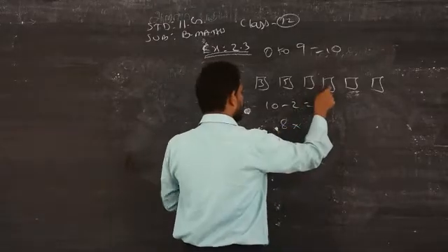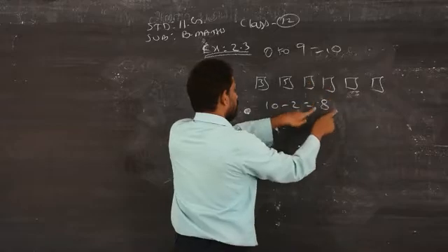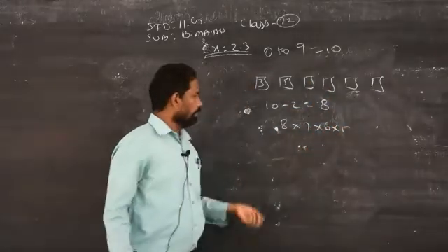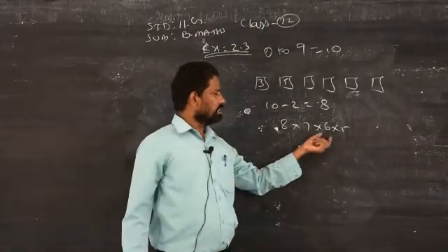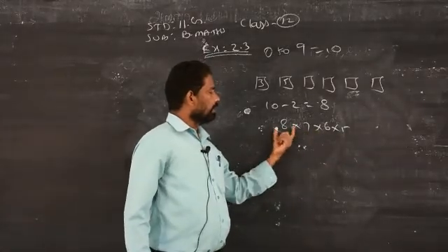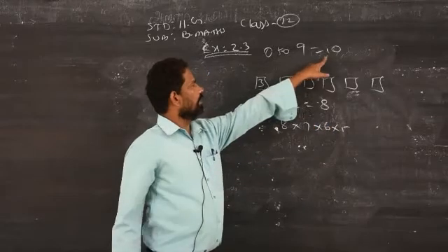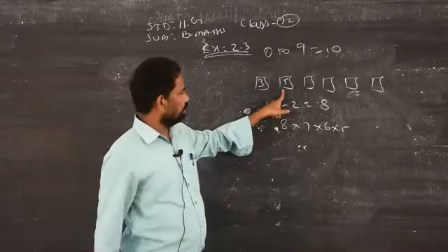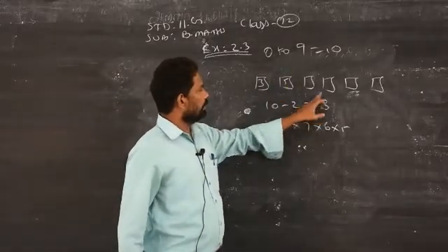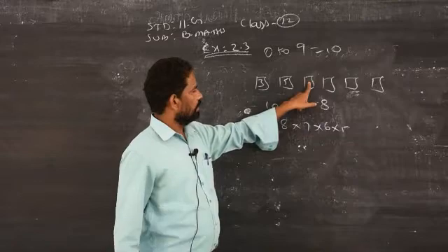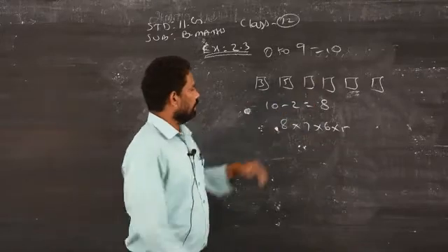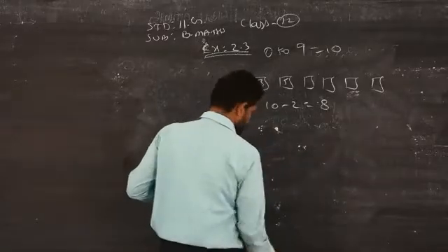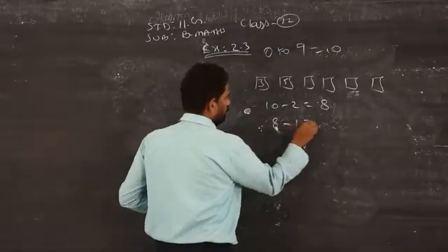For the next digit, 1 number has already gone. So the remaining will be how much? 7. Then 6. Then 5. Clear? How do you get 8, 7, 6, 5? Yesterday itself I said very clearly how you get 8, 7, 6, 5. So 10 numbers are available. Out of 10, 2 numbers are already gone. Repetition is not allowed. Therefore, out of 8 numbers, you have to take 1 number in this place. Then the remaining will be how many? 8 minus 1, 7. Clear?